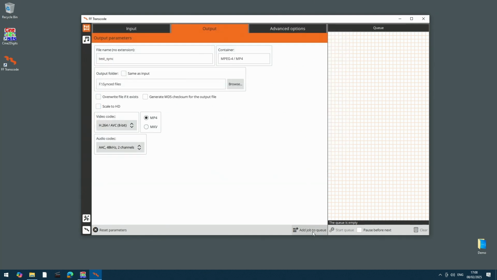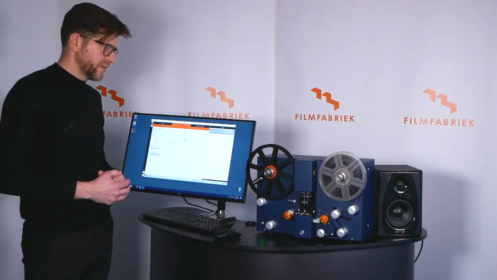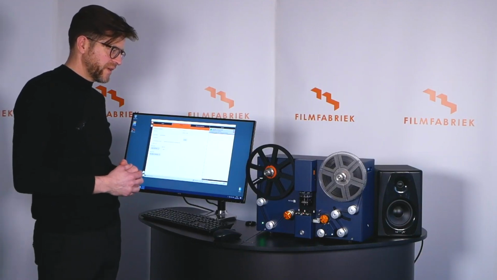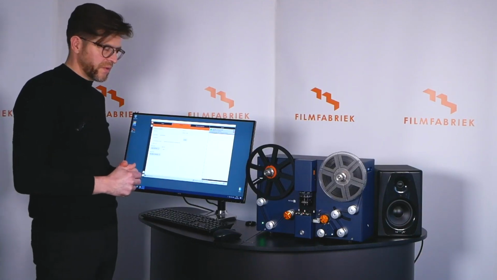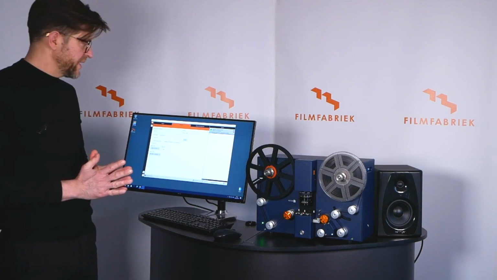Okay, now I can add the job to the queue at the bottom part of the window, and it will be added, and I can start the queue. The first step is synchronizing the sound, and then it's transcoding the image into an MP4. This software is really nice